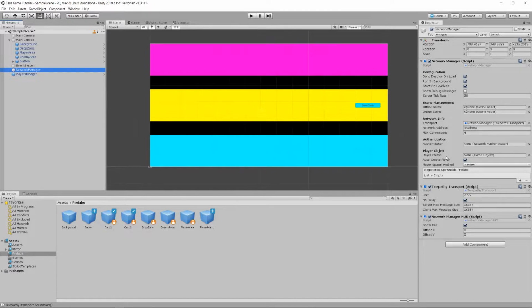Let's go to our network manager, and under the player prefab field, let's drag that player manager. We'll say that's going to be our player. That's going to represent us in the game. And we see that we get an error that network manager player prefab must have a network identity. And that's a great segue into talking about how we have our network manager, but we also need to indicate